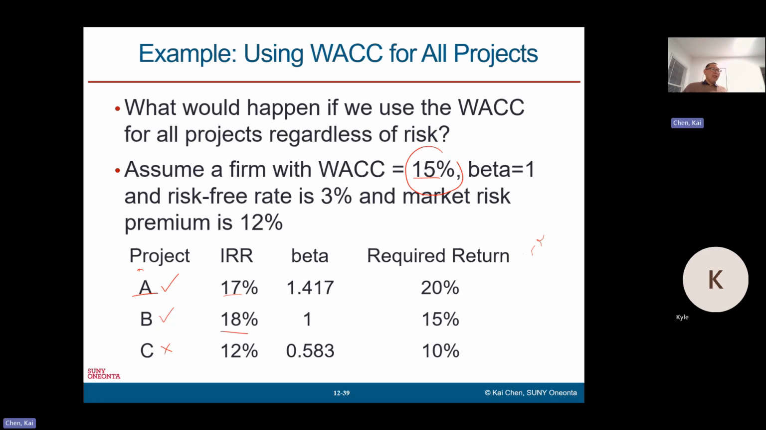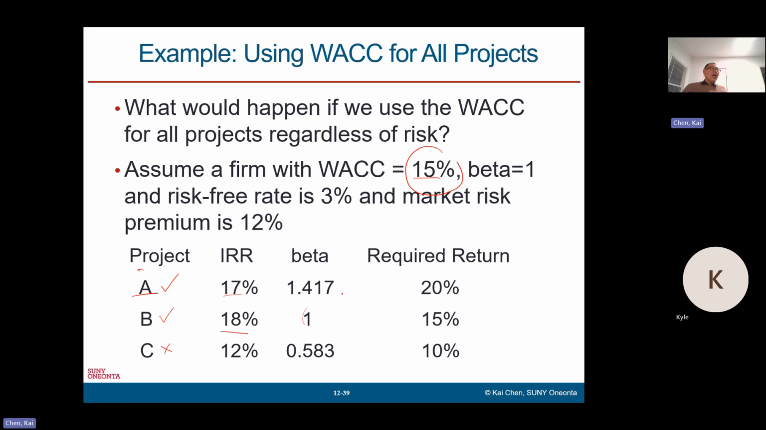Project A has a beta of 1.417. Project B has a beta of 1. And what does this mean? That means project B has the same risk as the total assets, or the same risk as the market portfolio, right? And project C has a beta